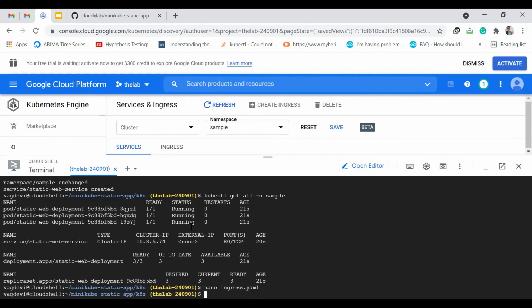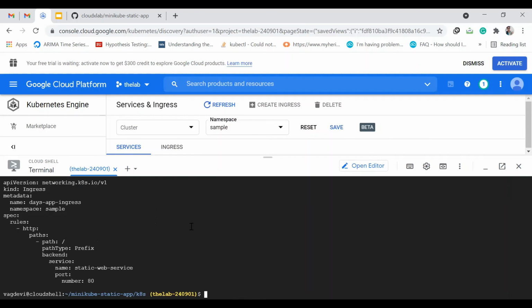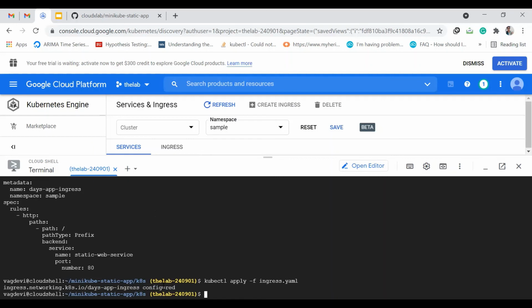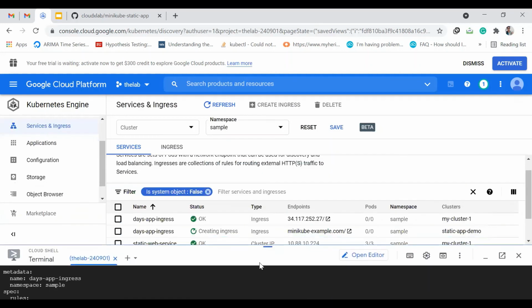Okay, so now let us cross check if we have saved all those changes. We will do cat ingress. So we can see that the host is no more there and there are no annotations, right? So now let us again apply these configurations, because we have made some changes to the file. Ingress. So it says configured.